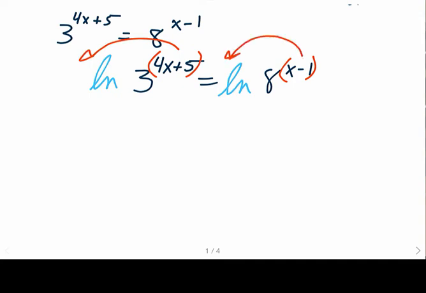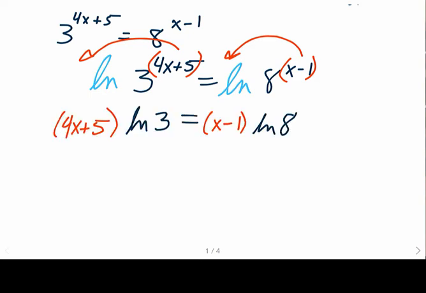That's a common mistake. People don't use parentheses, they don't distribute where they're supposed to. You'll see what I mean in just a minute. But let's write down what happens when the exponents become coefficients. So just as before, with the exponents coming out front, I now have the binomial 4x plus 5 quantity times